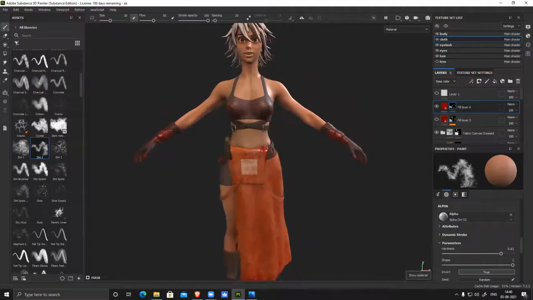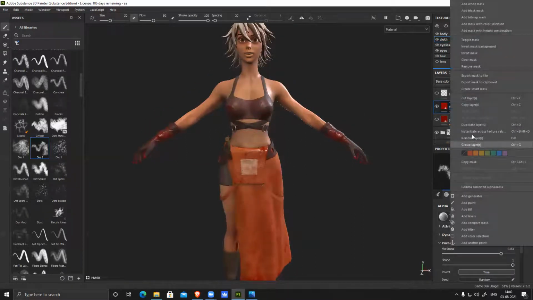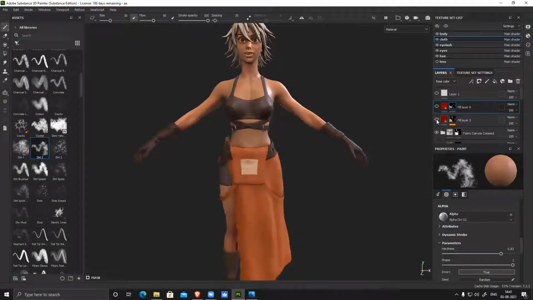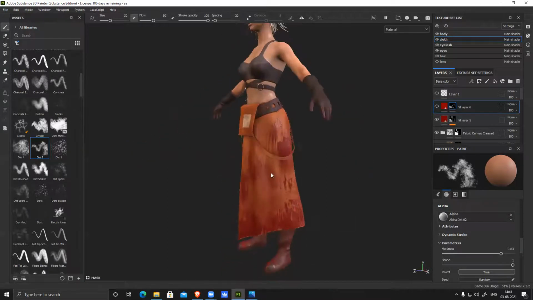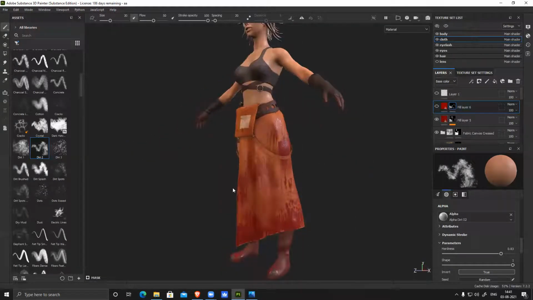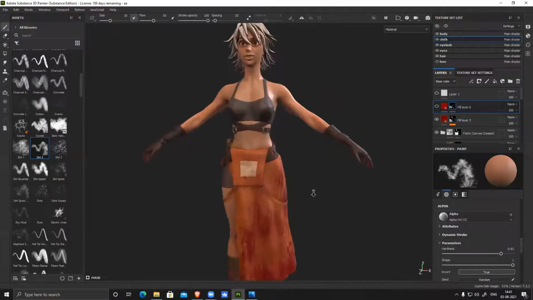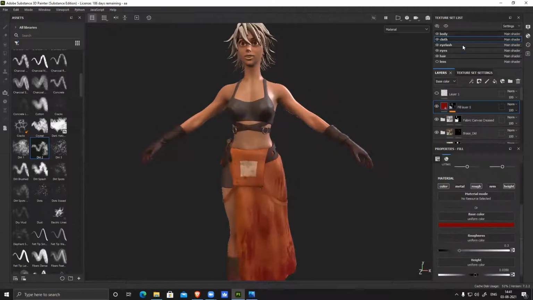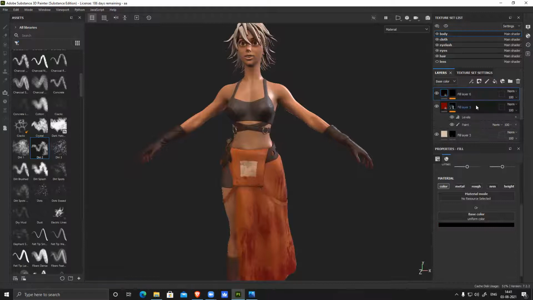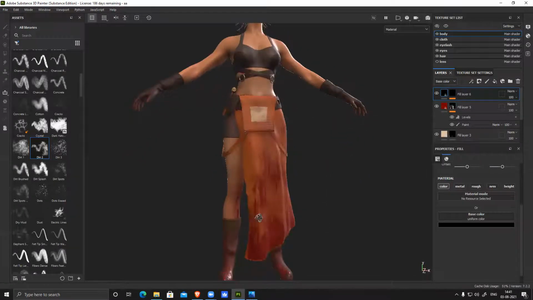You can see all the dirt. The same thing, I just copied it. Copy layer. So here I have created this one. Let it load. So I created this thing. You have to check your reference, and based on that you have to generate all these patches. Just copy it and go to body and paste it. It will regenerate because these are all generators, and you have manually created this. So automatically wherever the placement of this thing is, it will generate.